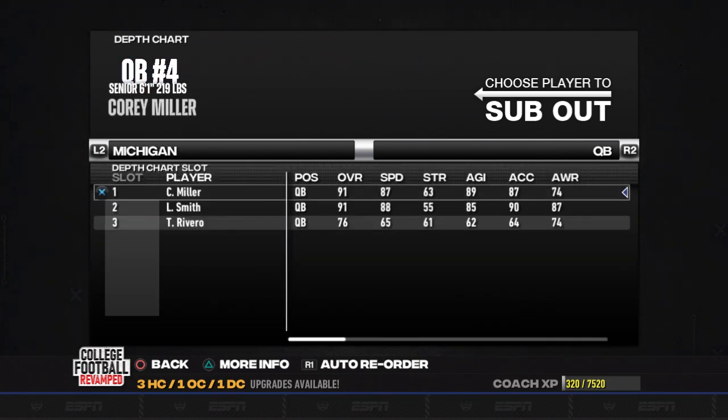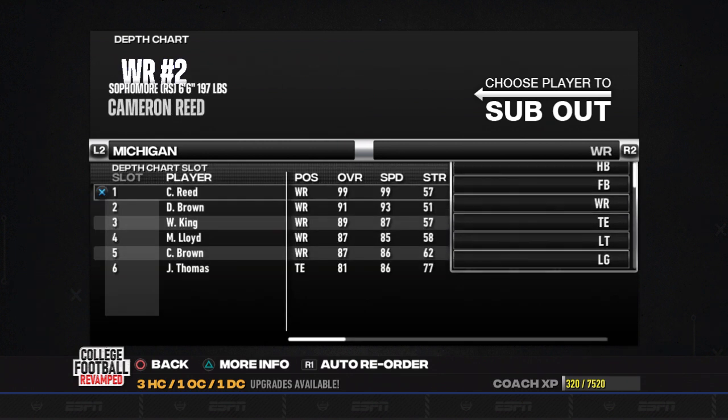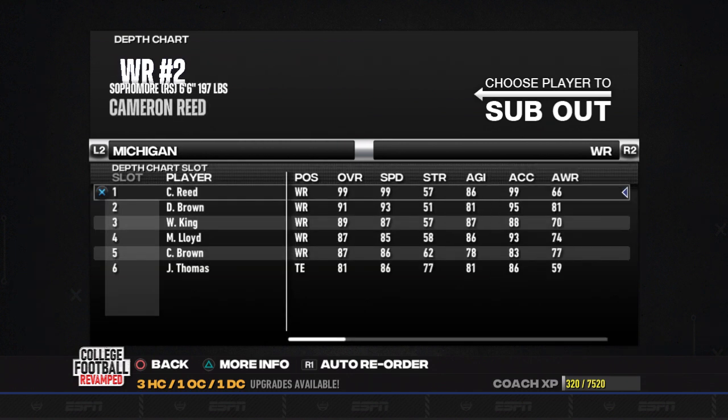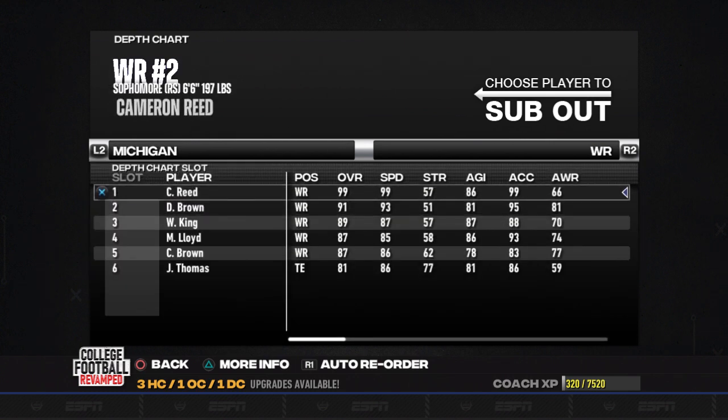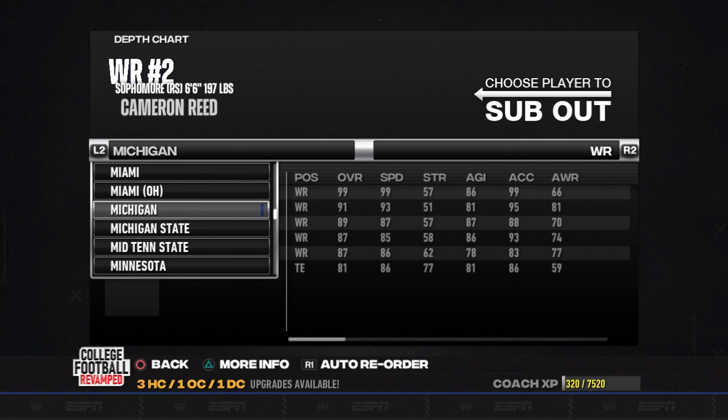Michigan has Cameron Reed as a sophomore starting at wide receiver. And a wide receiver, as long as you're 1 or 2, I let it go. But he is the starter at number 1.